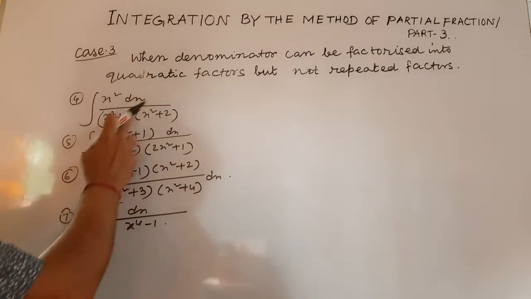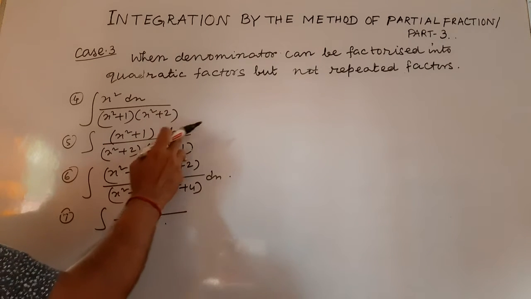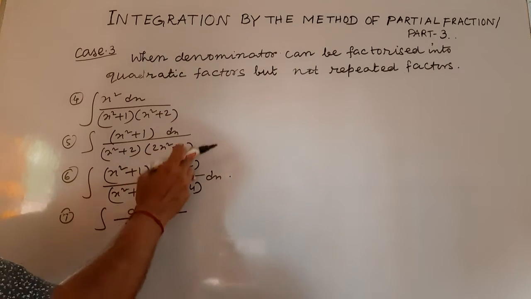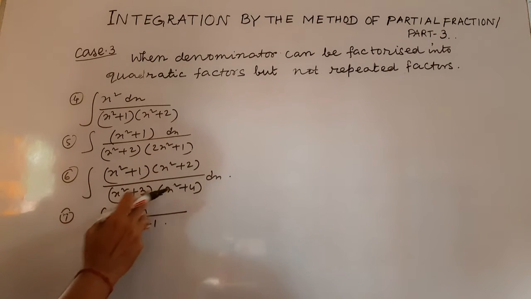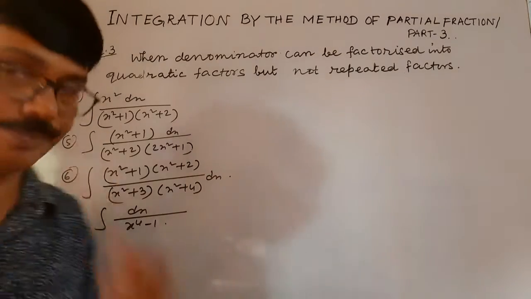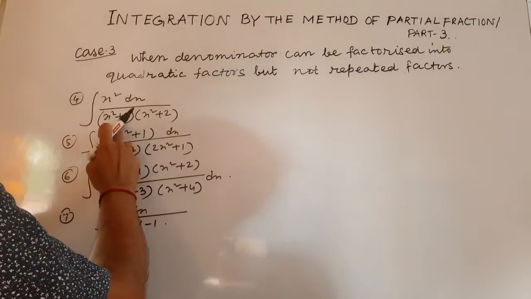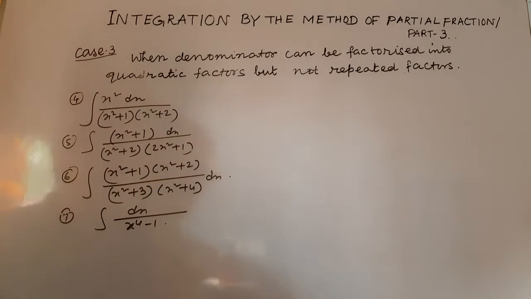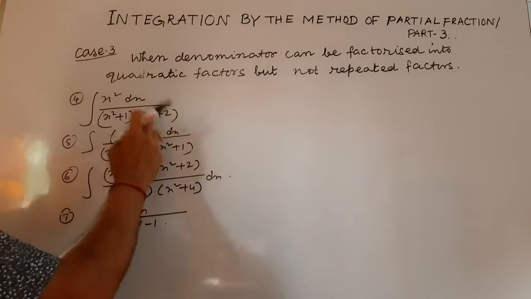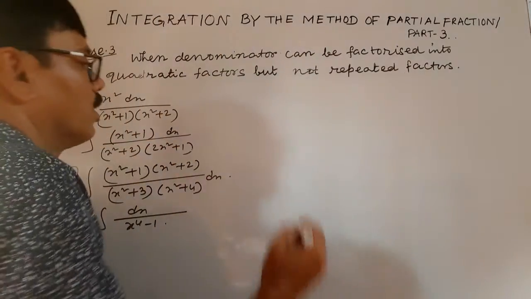Integral of x square dx by (x square plus 1)(x square plus 2), x square plus 1 dx, x square plus 2 is even power, dx by x to the power 4 minus 1. Now look, it is a quadratic factor but not repeated. This is degree 2, this is of degree 4. So if we use the earlier method, then